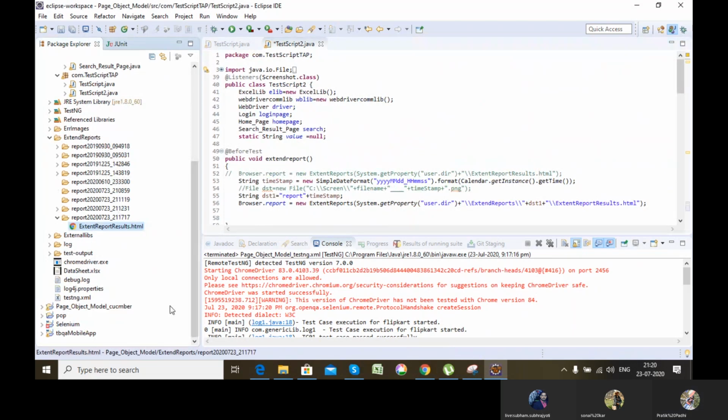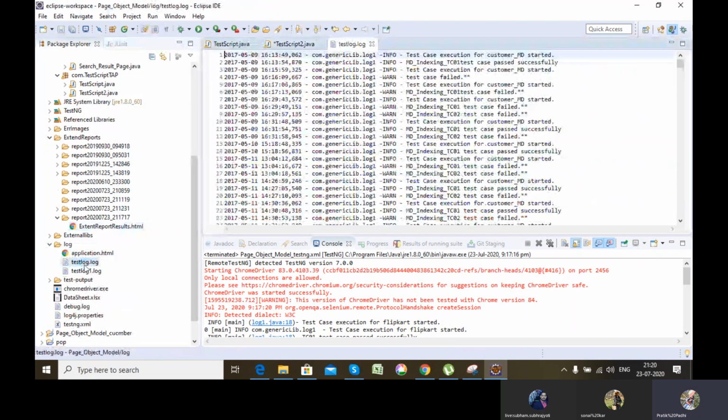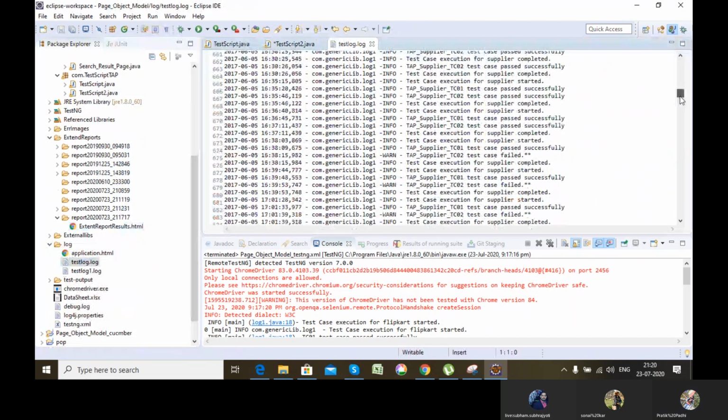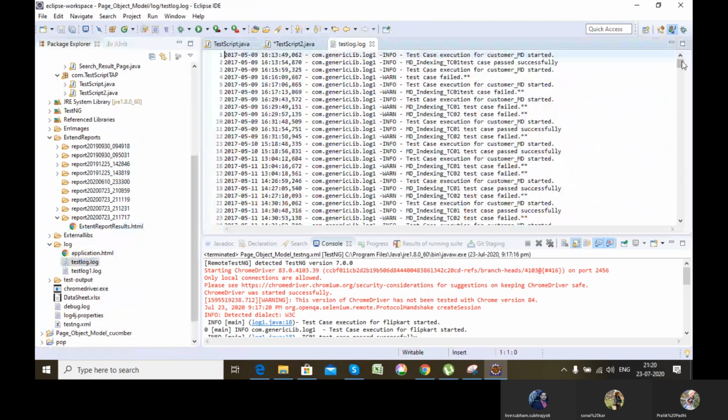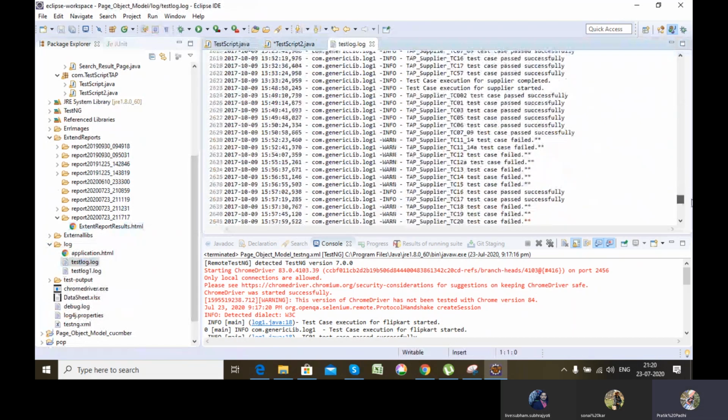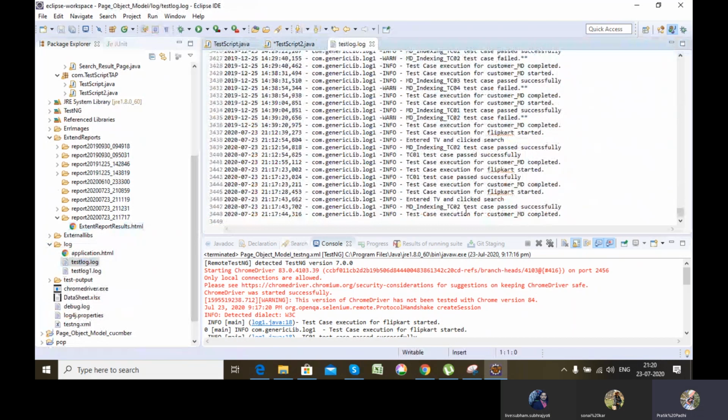See, in the log report, what I have told, it will get added as per the addition we are doing. The recent addition which we have done, that is 2307, it will get added at the last. See 2307, what execution we did, everything got added, what we have added in our test case. So we created logs, we created extent report, we have our inbuilt TestNG reports, we have a number of reporting features with us. We have used an Excel sheet to parameterize data rather than hard coding it in the code.